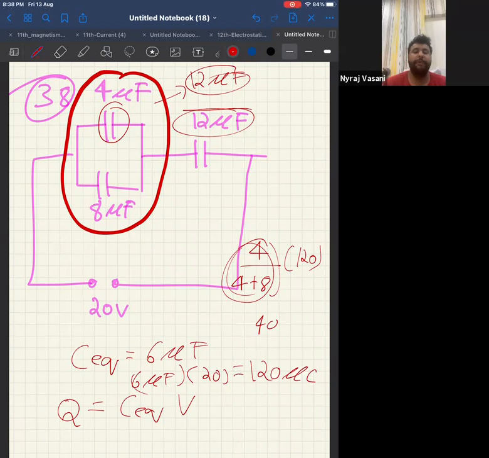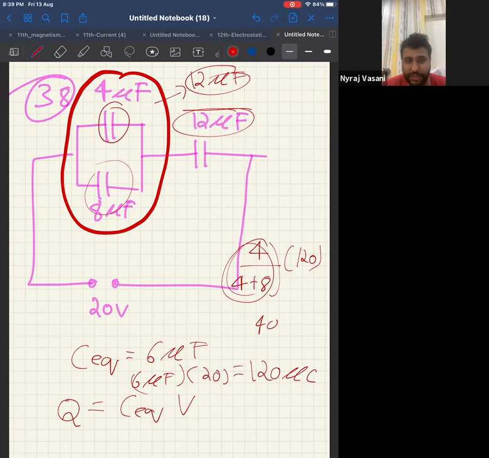Malhar, what he said right now, we use the logic of series and parallel. In parallel, charge adds up, potential remains constant. Same potential will be on top, same potential will be at the bottom. Therefore, Q equal to CV. From there, if I take Q, I will get the answer.